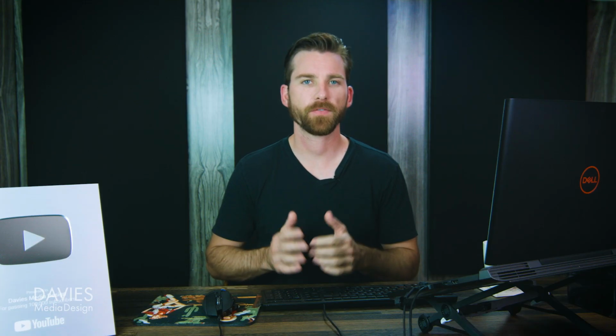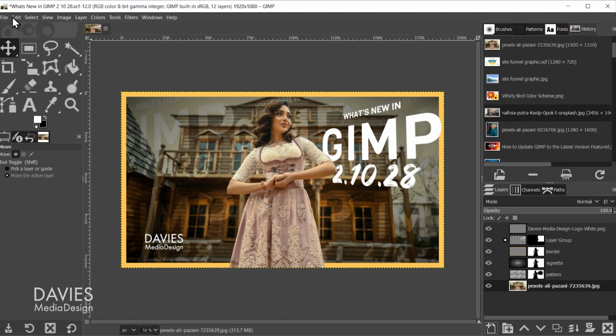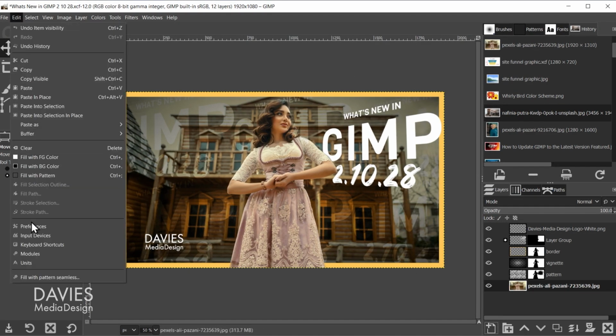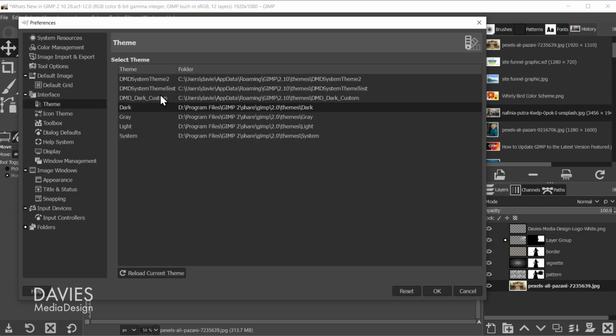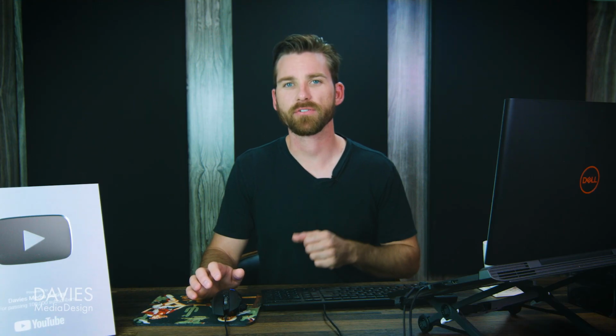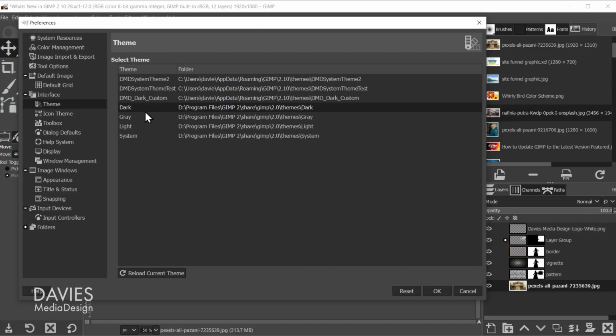Another user interface fix that the GIMP team implemented with this new version is that they've fixed what they call problematic colors with some of their themes. For example, if I come over here and go to Edit, Preferences, and right here under Interface, just click this drop down and come over here to Theme. I've got some custom themes right here, which I showed you how to create in a tutorial. That was my how to increase your UI font size tutorial, which I will link to this video. But right now I'm on the dark theme. If I come over here to the gray theme,